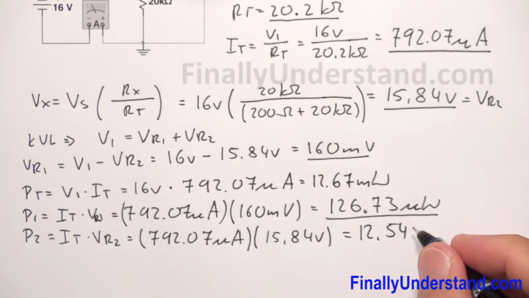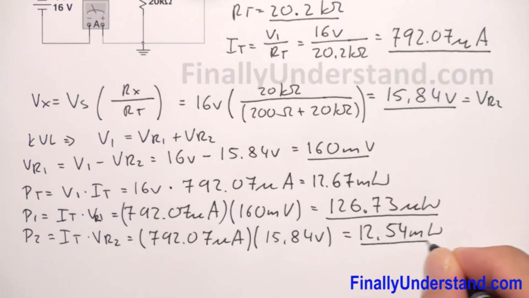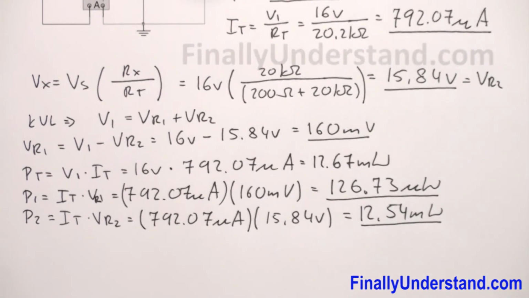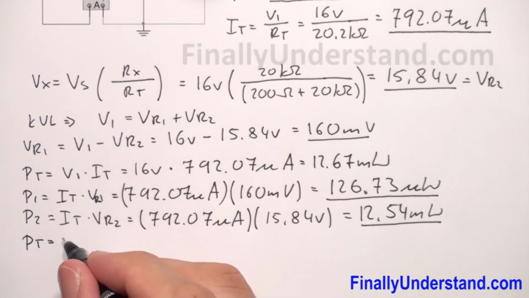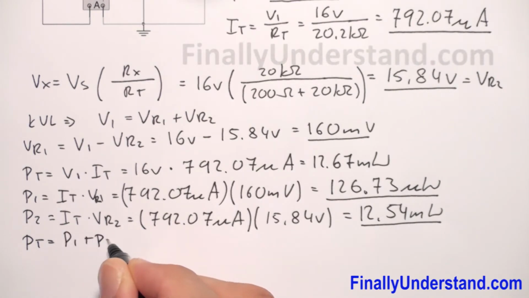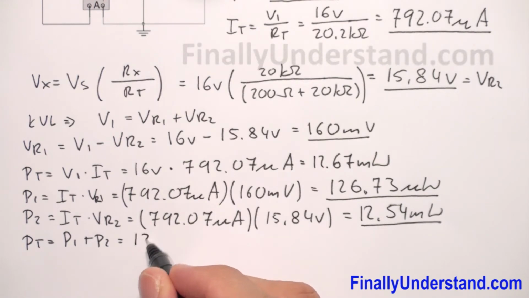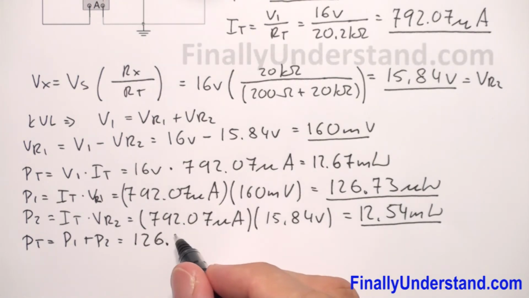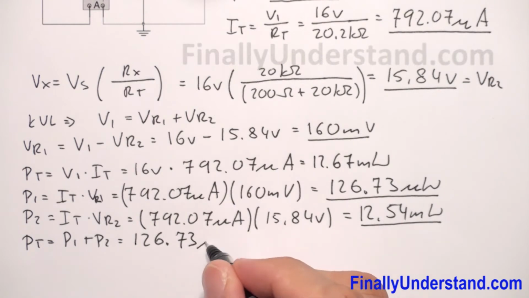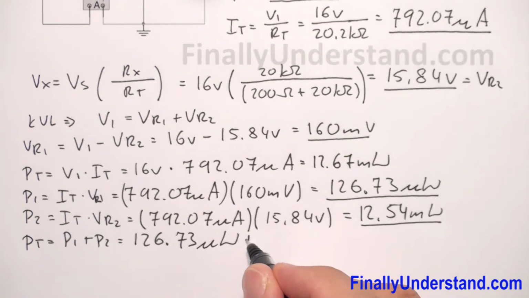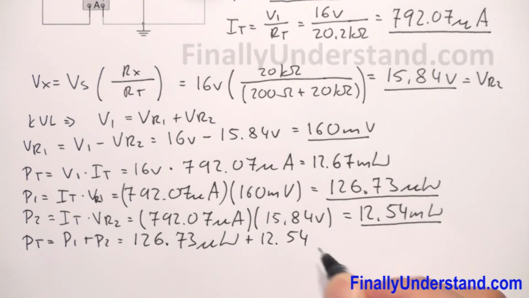12.54 milliwatts. In order to find P total, P total is equal to P1 plus P2, where P1 is equal to 126.73 microwatts plus 12.54 milliwatts, and this is equal,